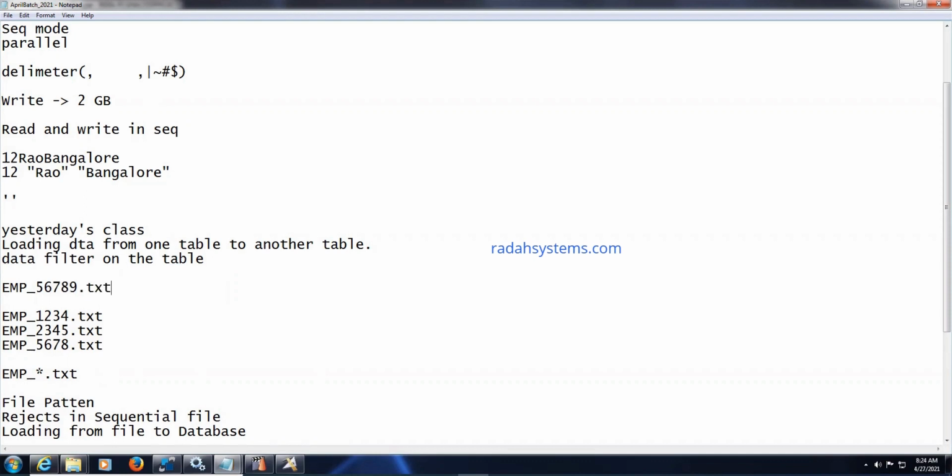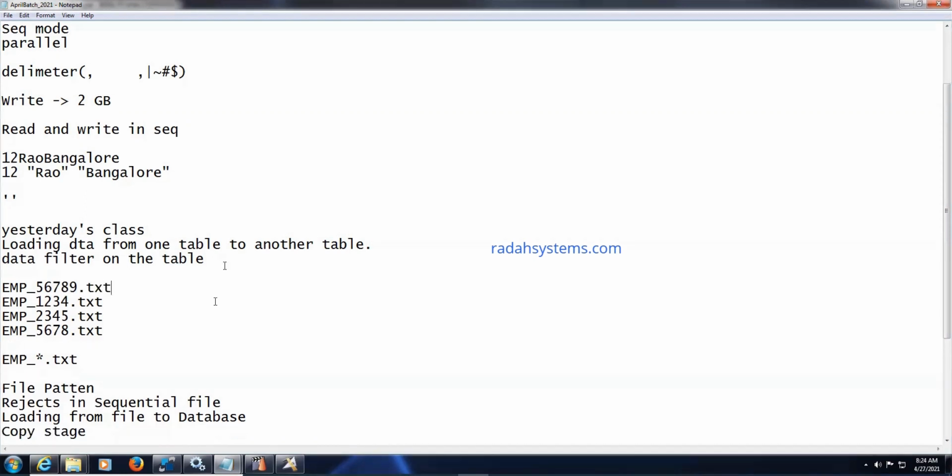We'll be having files like this every day, and we need to load the data into another table or send it for another data processing activity. So how do we handle it whenever we receive multiple files? How to extract multiple files in DataStage, we will see.